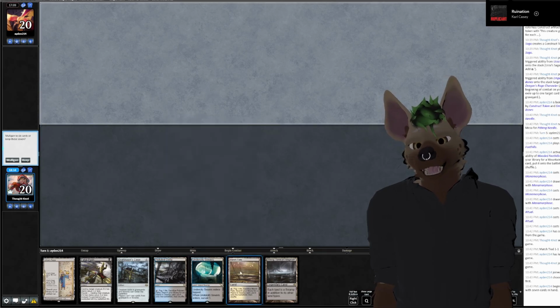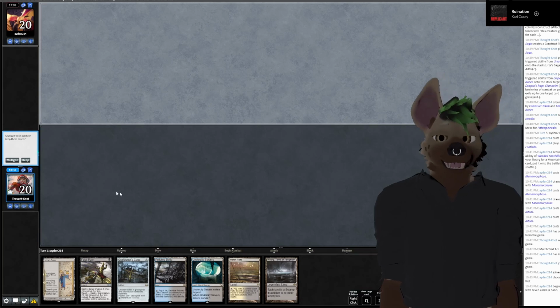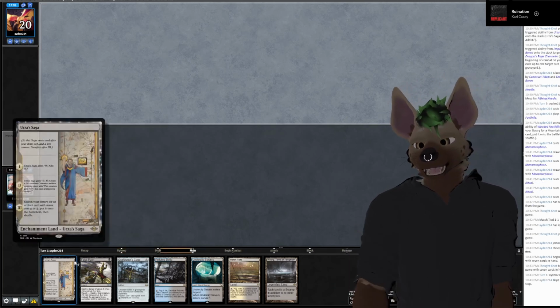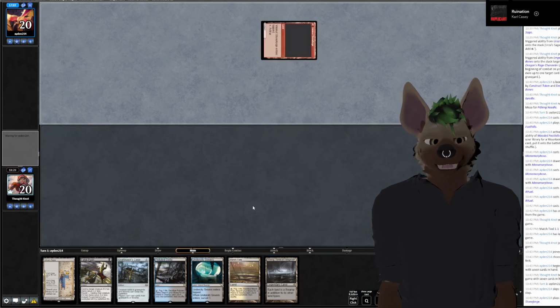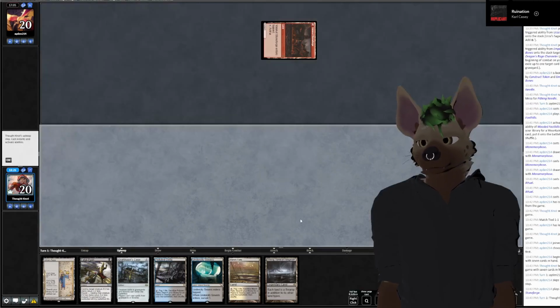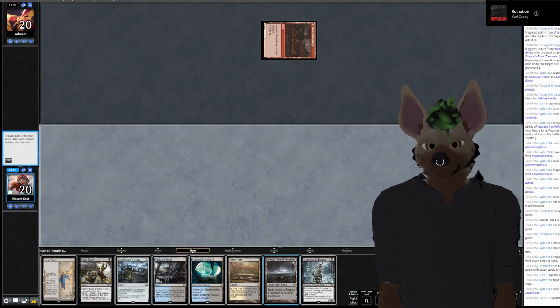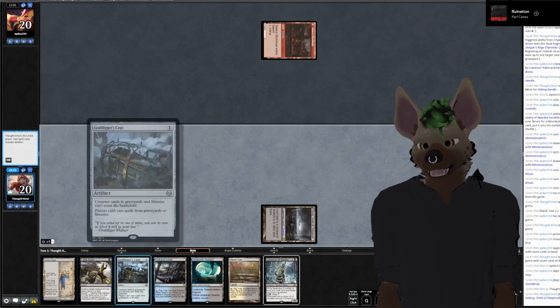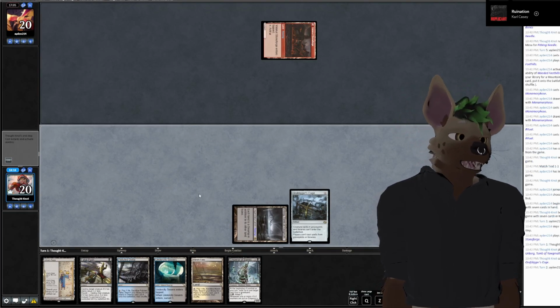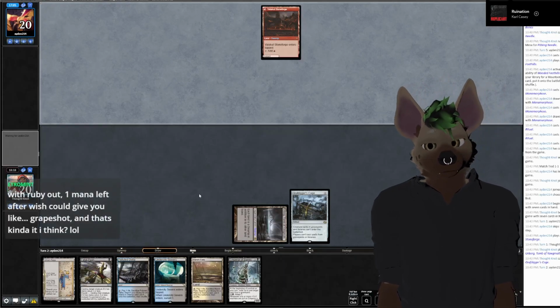I know this hand seems very mid because it's very land heavy, but having Cage and then a turn to Urza's Saga, we can cast a lot. Emperor is a good one. Okay. And Grafdigger's Cage. We're just going to hope that it isn't...